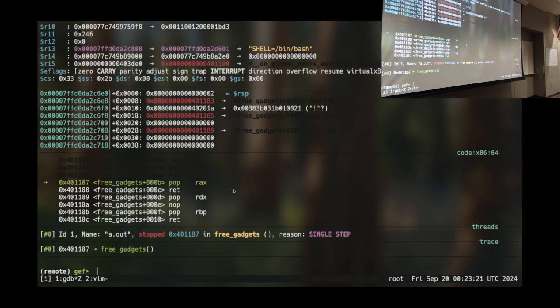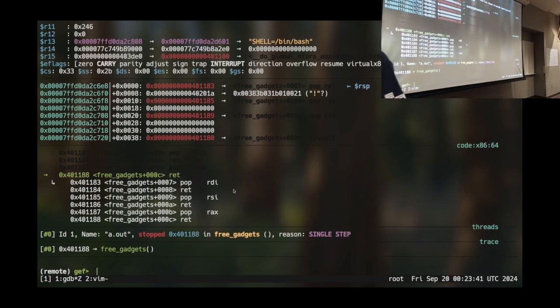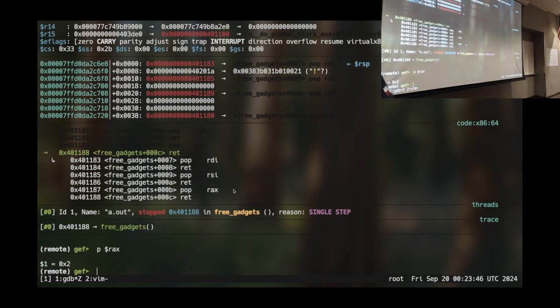And where are we writing to? The stack. So the stack serves two purposes for us here. It is both the series of places we're going to jump and if we are using pop, where values are going to come from. And so if we were to look right here, we're about to pop RAX. What is at RSP? 2. We step, and if we were to take a quick look at RAX, RAX is 2. And now we're about to ret again.